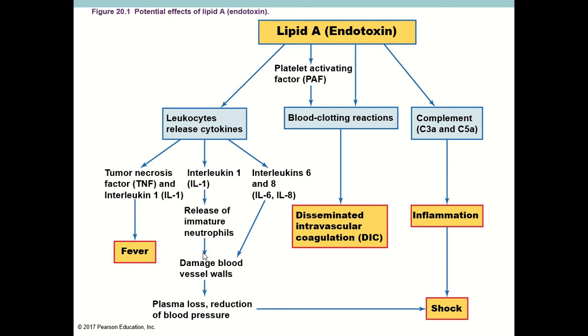Again, keep in mind, I'm talking systemically here, right? So if it does happen throughout the entire body, then peripheral resistance is going to decrease, which is going to make it easier for blood to flow through those arteries and veins, therefore reducing blood pressure, because the heart doesn't have to work hard enough in order to push that blood through. So again, systemic blood pressure reduction is a consequence of the release of immature neutrophils and also the release of chemotactic molecules